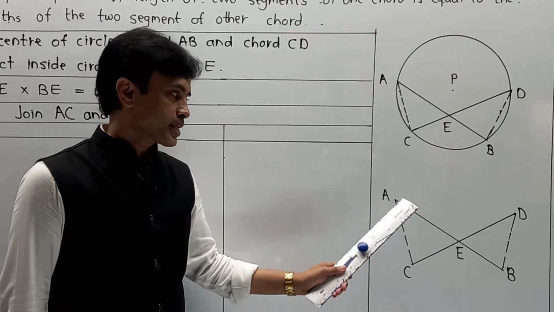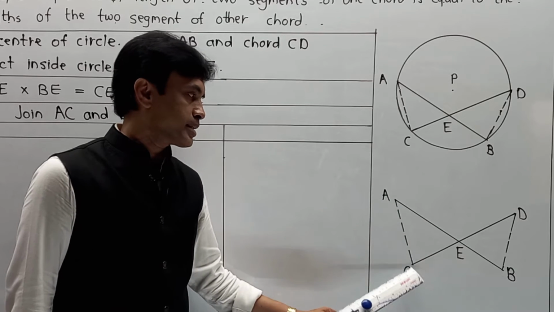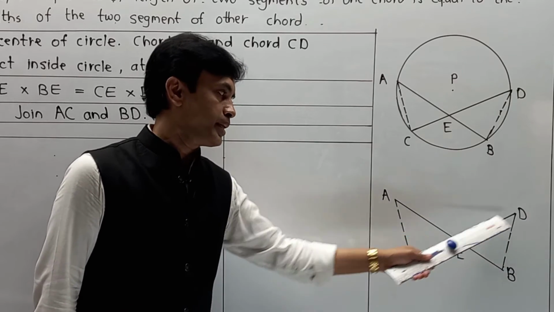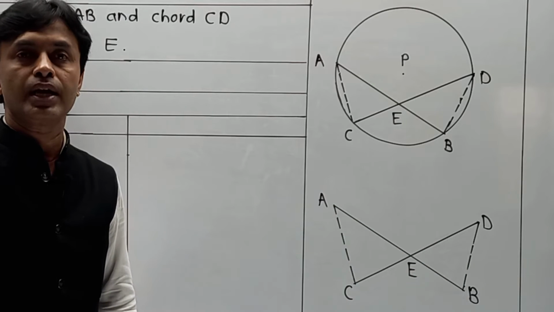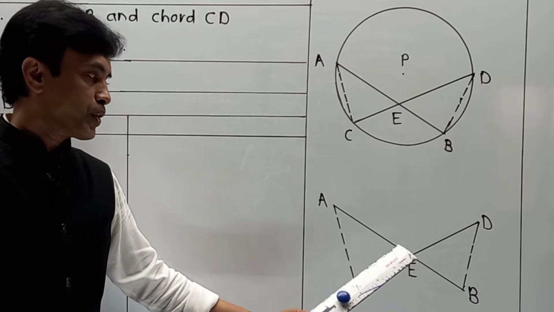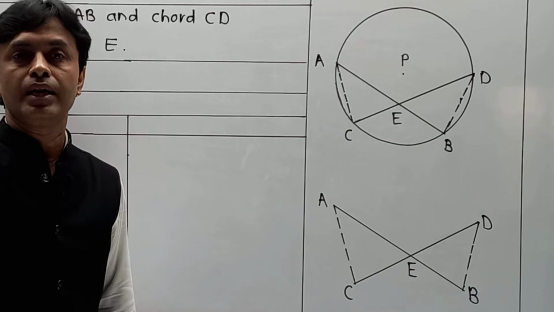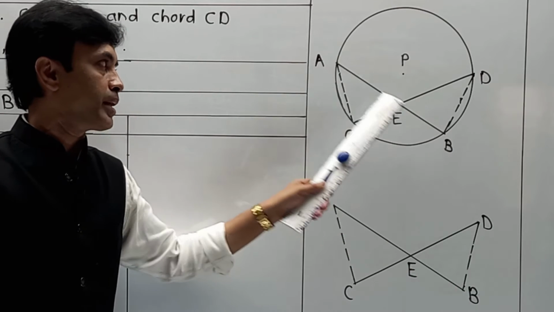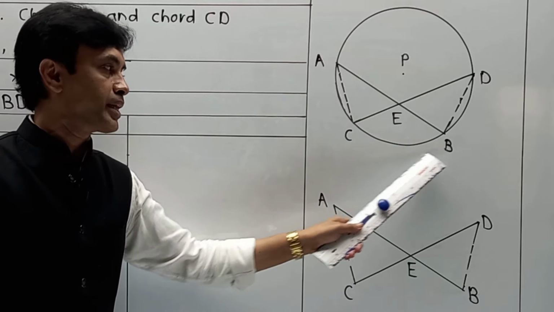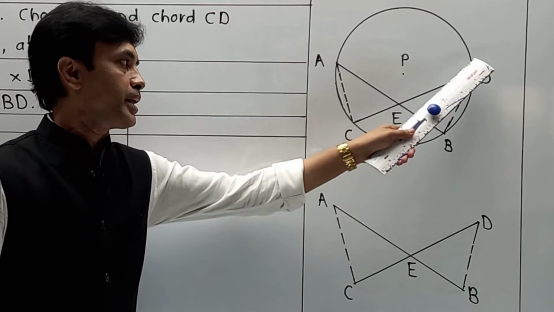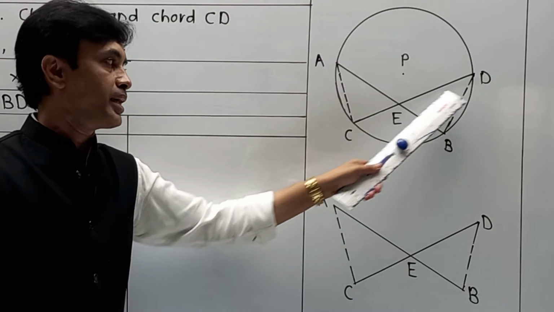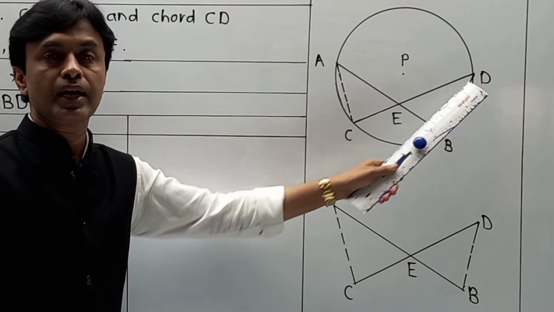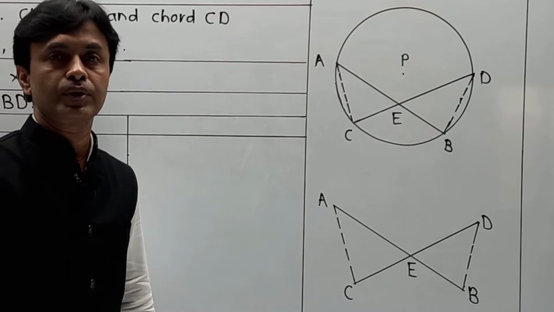Now our target is this one triangle AEC and the second triangle DEB. We have to show these two triangles are similar. Now how? First, two angles are vertically opposite angles, which we can easily prove. And next, angle CAB has the intercepted arc CB, and angle BDC, angle D, having intercepted arc CB, is the same. Naturally these two angles are congruent, and we are going to describe that part over here.